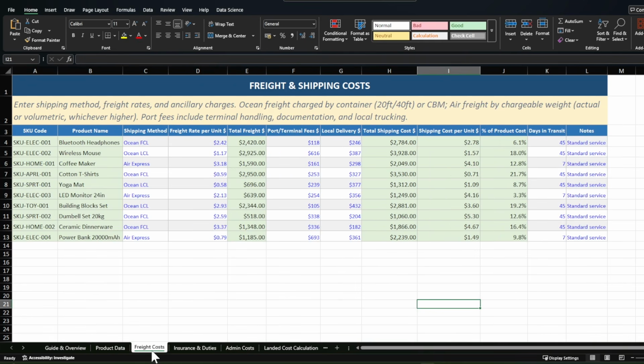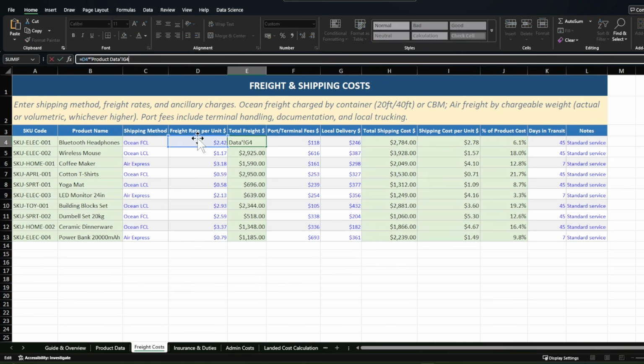Let's move to the freight cost. If you go to the freight cost, you again bring in all the SKUs and their product names from the product data sheet. Now you can also classify which method each product is going to be shipped by, and each method has its own price. If you see, the ocean freights are lower and the air express is expensive. So once you are done with that, you need to calculate the total freight cost. Here we are taking the quantity from the product data tab and multiplying it with the respective freight rate